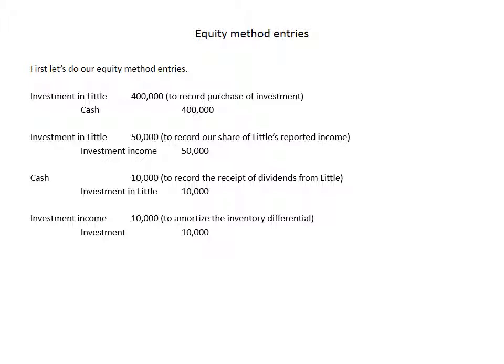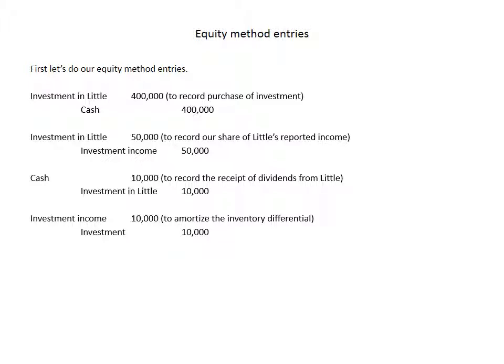Again, we had two differentials that were of a finite life. First, the inventory differential. Recall that their inventory was undervalued by $10,000. There are two ways to think about this. We can think about it either from the balance sheet perspective or the income statement perspective. From the income statement perspective, our argument could be, look, Little's inventory is worth more than they think it is. Therefore, when it was sold, they didn't record enough cost of goods sold. Therefore, they recorded too much income. Therefore, we recorded too much investment income. So we're going to reduce our investment income to essentially correct their mistaken cost of goods sold